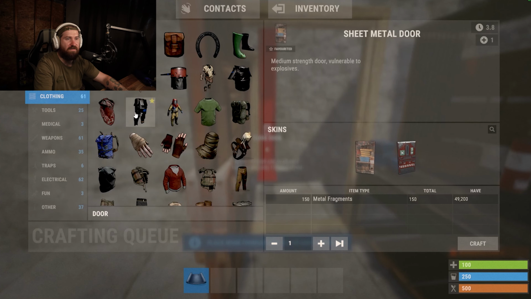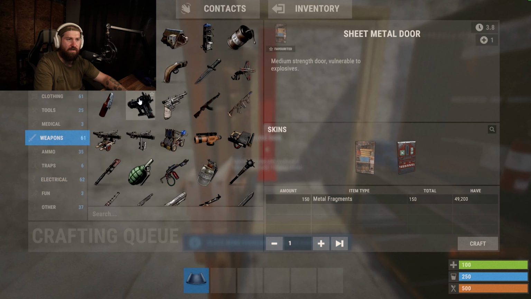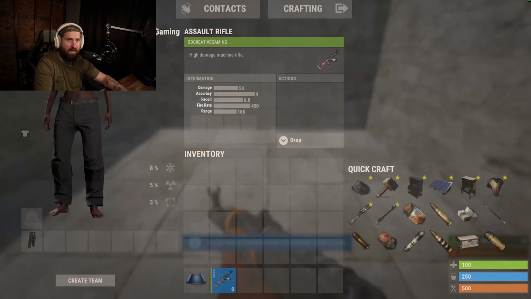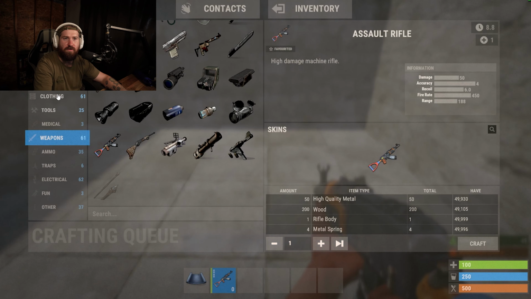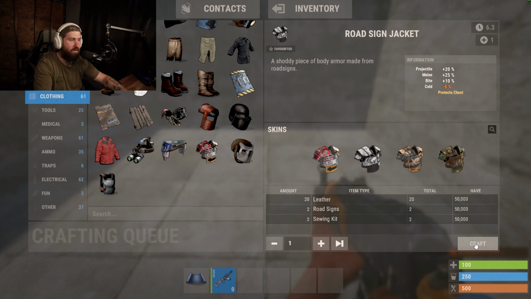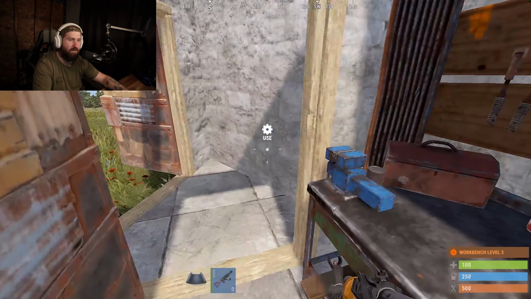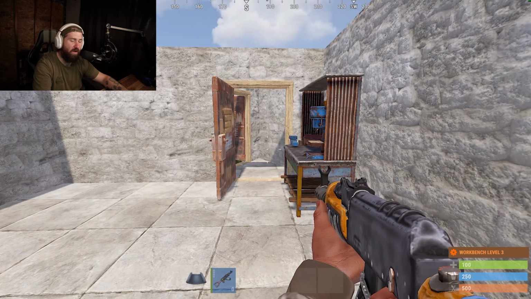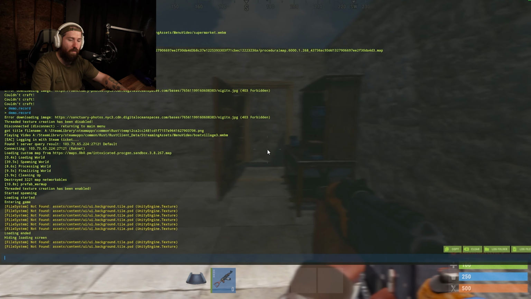And let's give myself a gun just for the photo. Do I have any skins on? No, I don't. Clothing. Let's go with craft. Nothing too crazy. So before we get right into it, all you have to do is go into F1 and